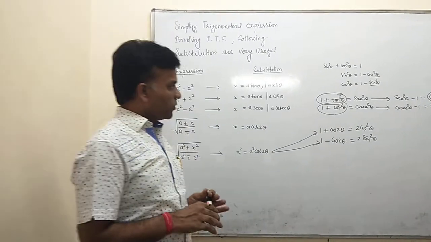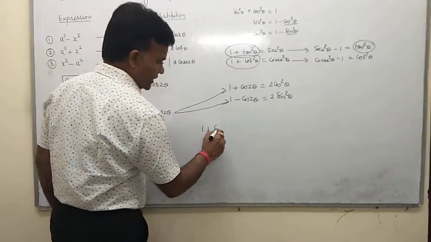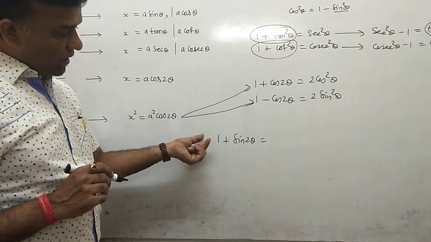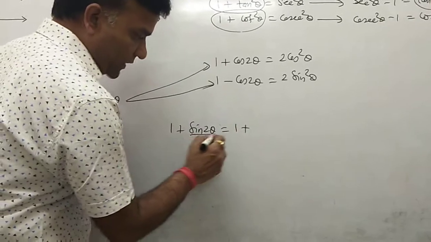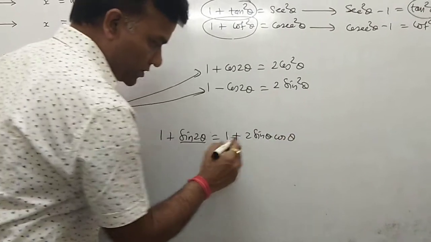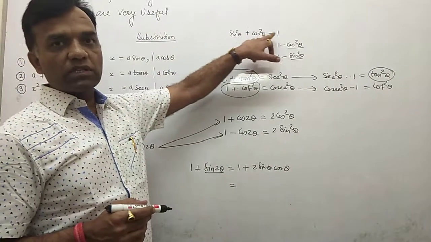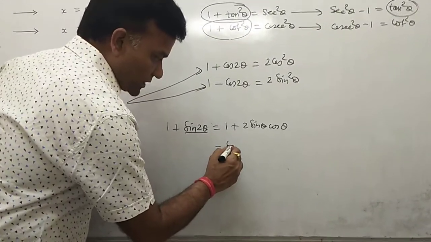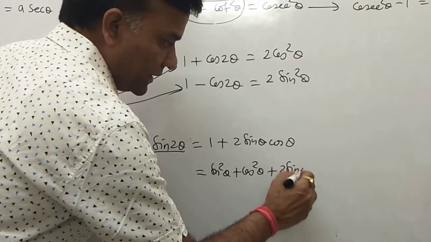Okay, so now one more formula is explained here. Sometimes we have 1 plus sine 2 theta also, and there is much confusion about this, so I also want you to solve 1 plus sine 2 theta. You put the 1 as it is, and we know the formula for sine 2 theta, that is 2 sine theta cos theta. Now for the 1, we know this trigonometrical identity: sine square theta plus cos square theta is 1. So in place of 1 you put sine square theta plus cos square theta, and 2 sine theta cos theta is already here.